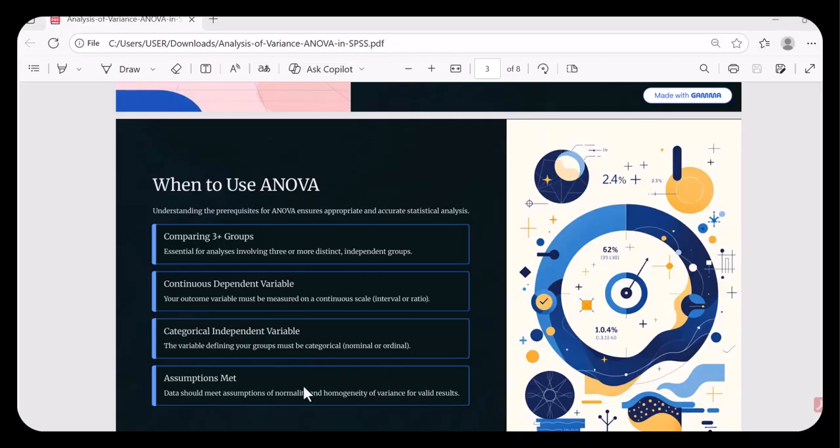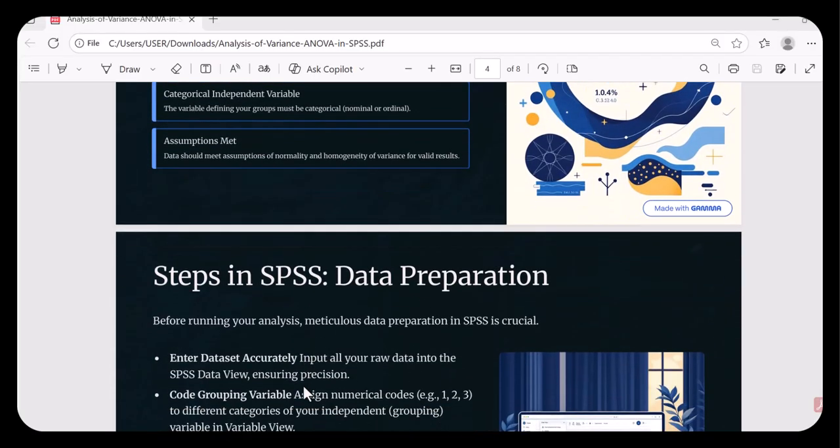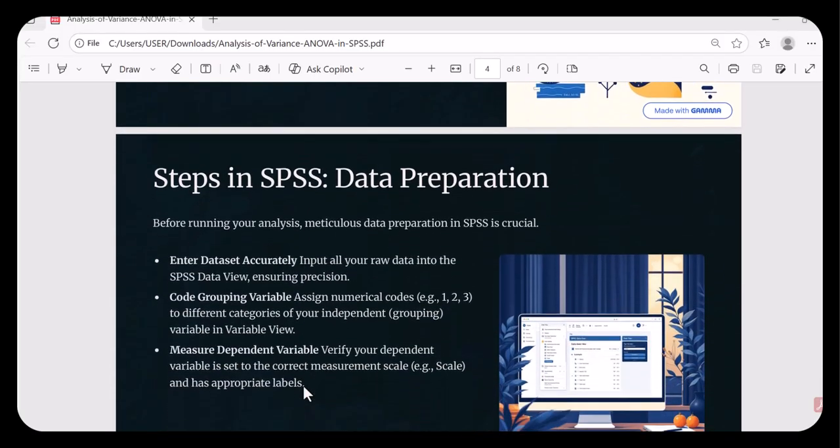And whenever we are running ANOVA, we always assume that there is normality and homogeneity of variance for valid results. That means that the variations in the groups have to be homogeneous. Now, this is just the theoretical side; we're going to do an SPSS video and see what it is all about. But before we do that, here are the steps in